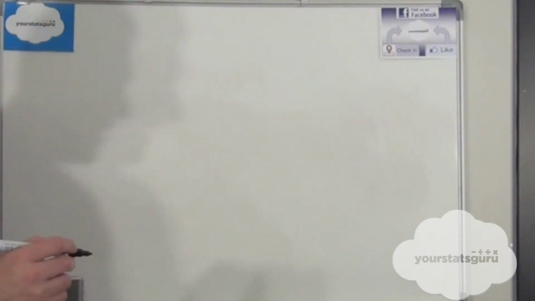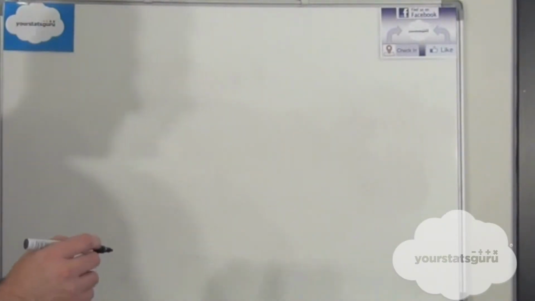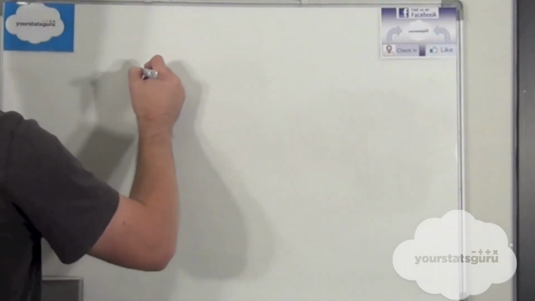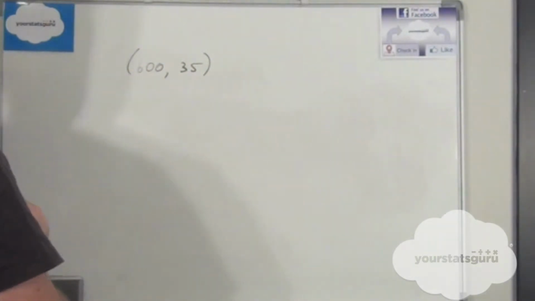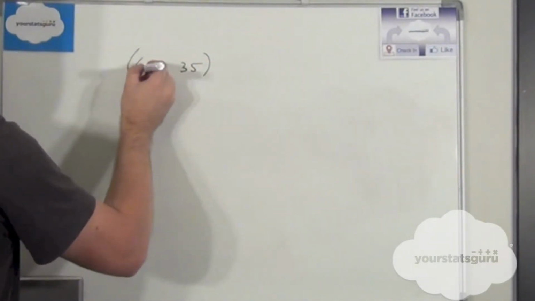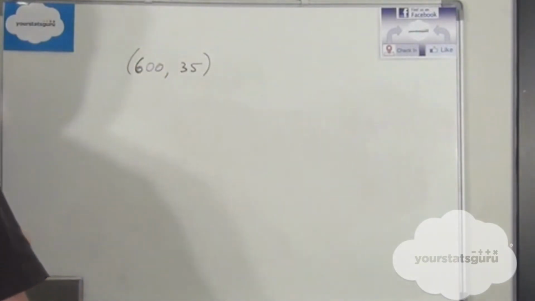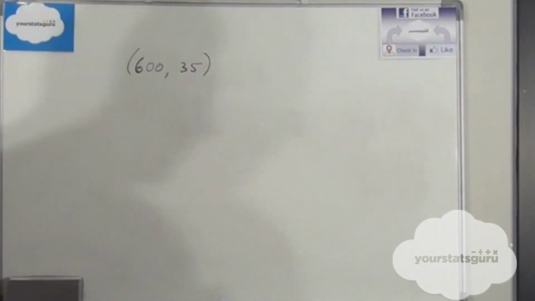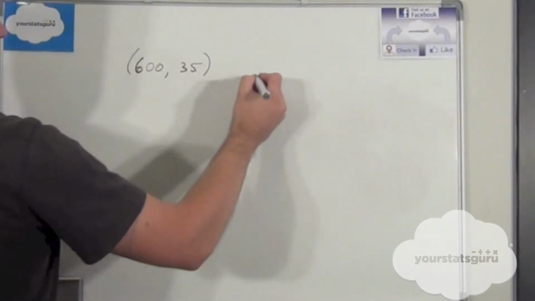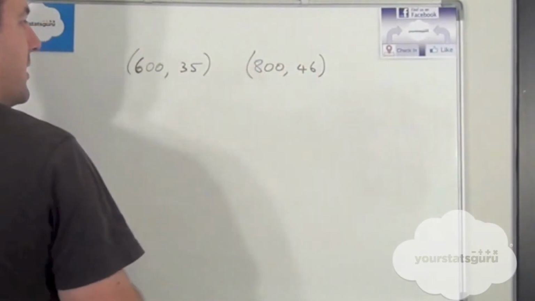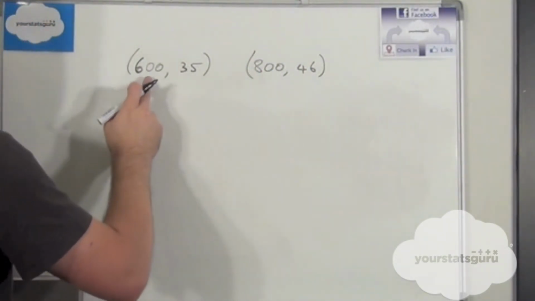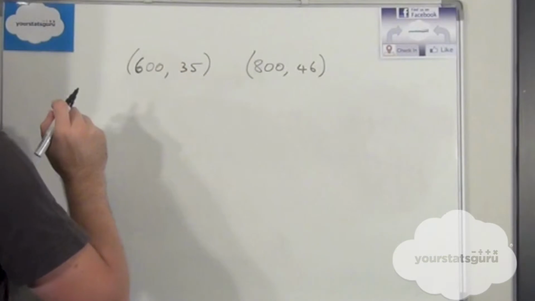We've been told that C, the charge, is $35 for 600 sheets. So 600, 35 is one of our points. The second point is where we have 800 sheets and they're charging $46. So 800 sheets, $46. Note I've written this as the number of sheets and the charge, because we're